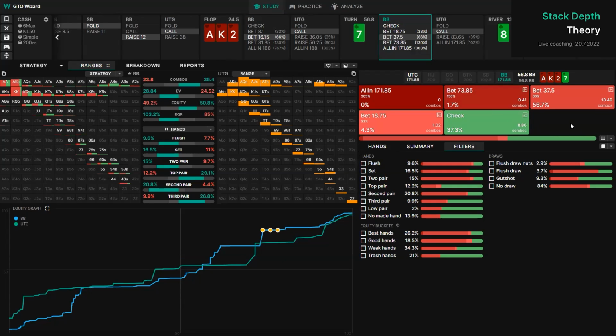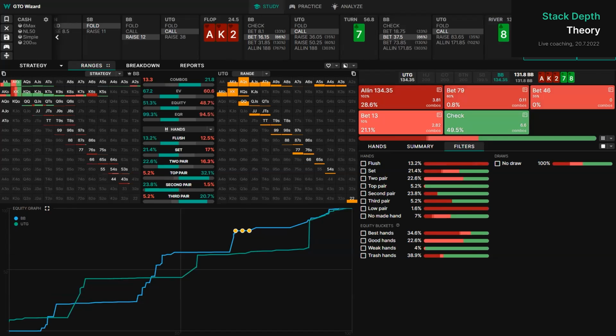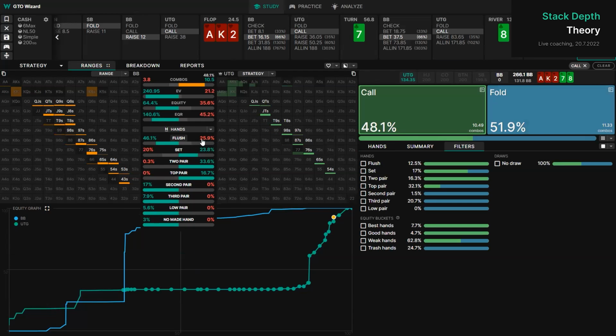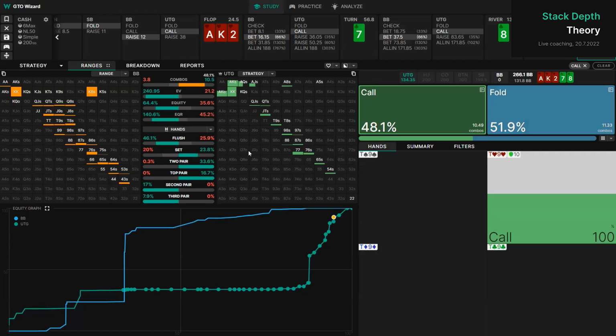They c-bet again, 2/3 pot. And they c-bet again on the river, full pot. They call, and we can see the amount of flushes goes to 25%. And this speaks to the stack off ranges as you get deeper and deeper. Something that you started with at 4.5% of your range can quickly balloon up to